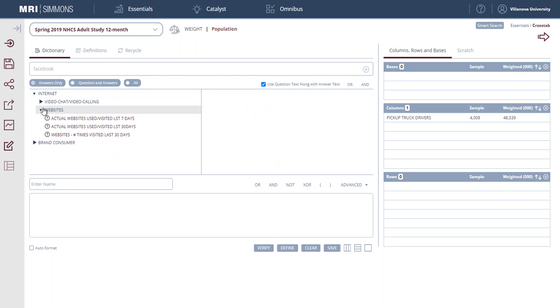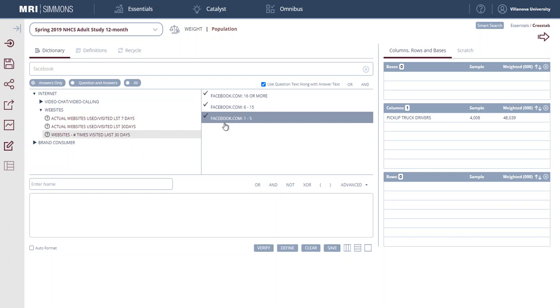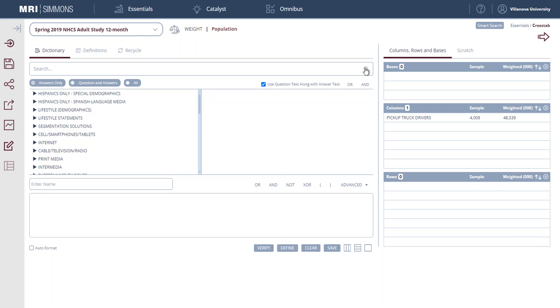And that's one of the websites that's included and used in the last 7 days or the last 30 days. So I want people that use it a little bit more frequently. Let's see, number of times. You could just get Facebook, like really heavy Facebook users. So you can drill down there. But I just want to know, like, what's the range of websites that truck drivers use. So I'm going to X out of Facebook because I don't just care about Facebook,